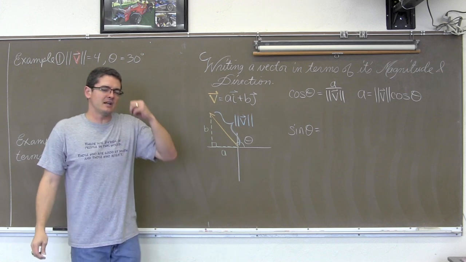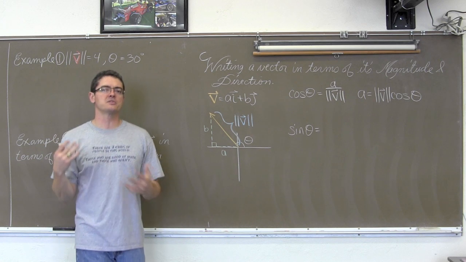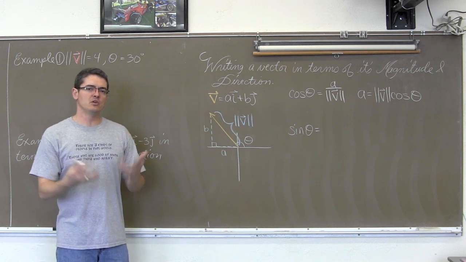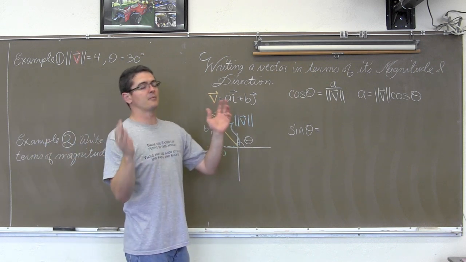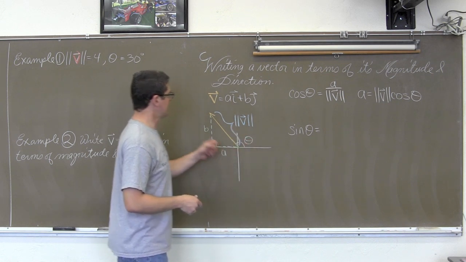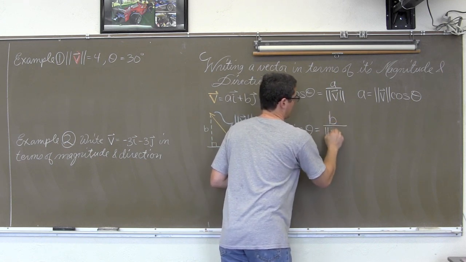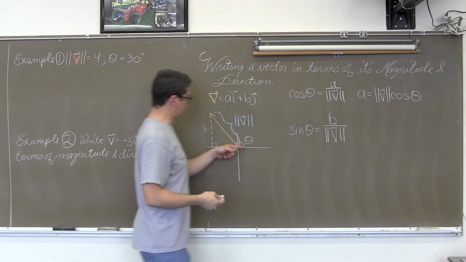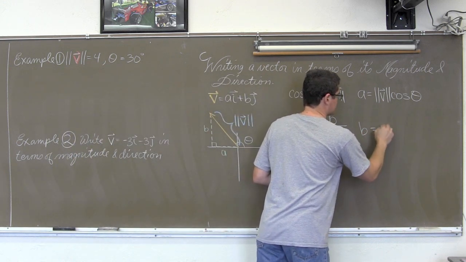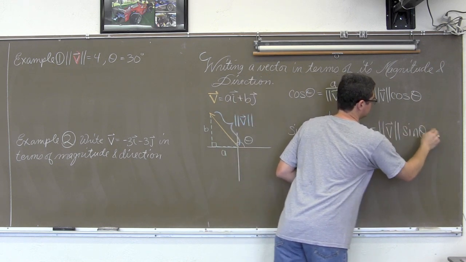If you just squint and lose all that vector notation, this is the same cosine as adjacent over hypotenuse, and sine as opposite over hypotenuse, that you've been using for a couple of years, or at least a few chapters since you've been going through trigonometry. The sine of theta is opposite over hypotenuse, so it's going to be b over the magnitude of vector v, which is kind of like the hypotenuse of the triangle I've drawn here. And that means b is equal to the magnitude of v times the sine of theta.